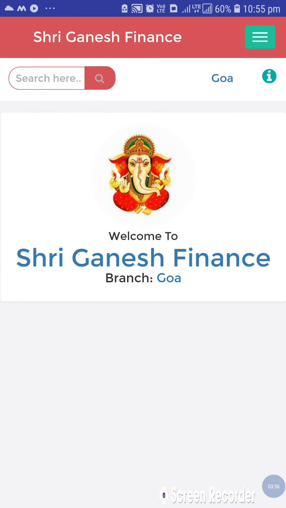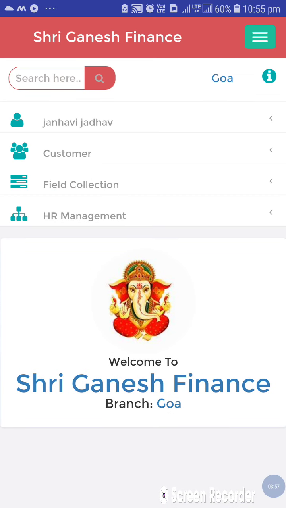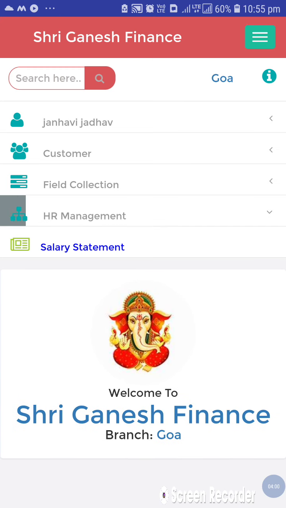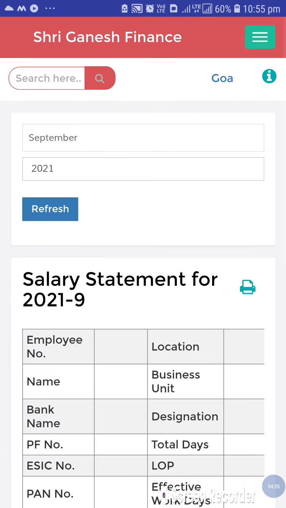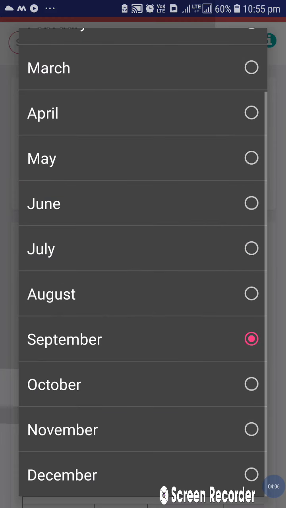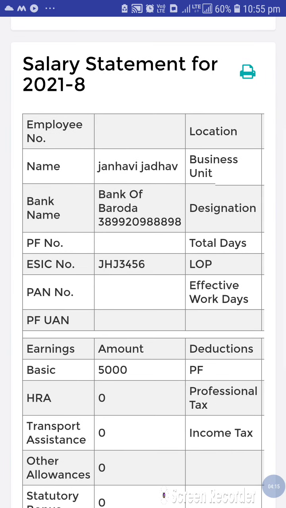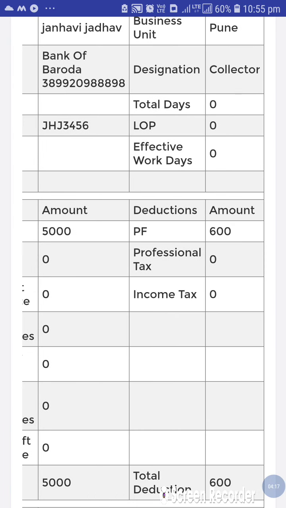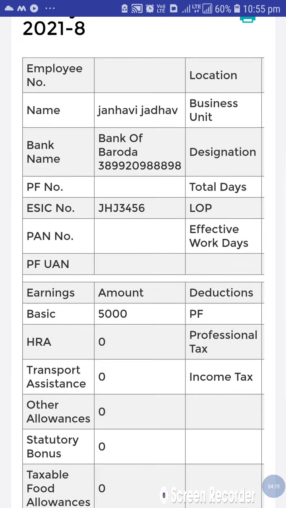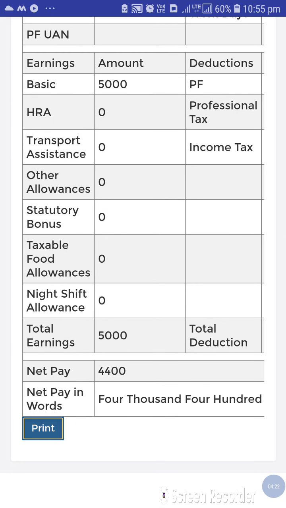Here you can see this is the employee login, and if I go to the HR management salary statement, she can check the salary of the August month. Just refresh. Here you can see salary is paid and she can check all the details of this salary statement, and she can take a printout as well from here.